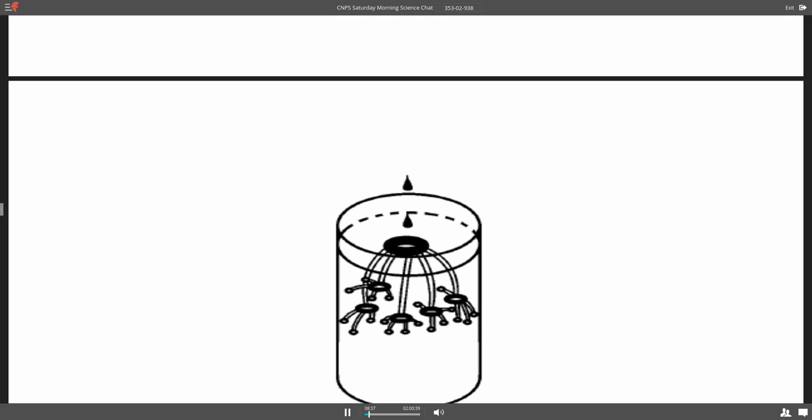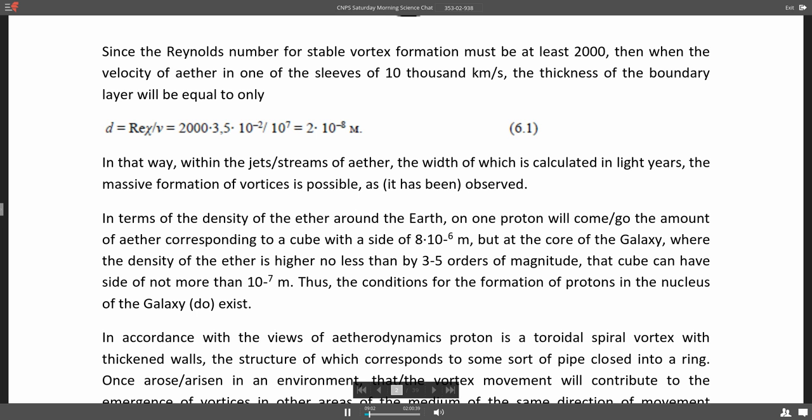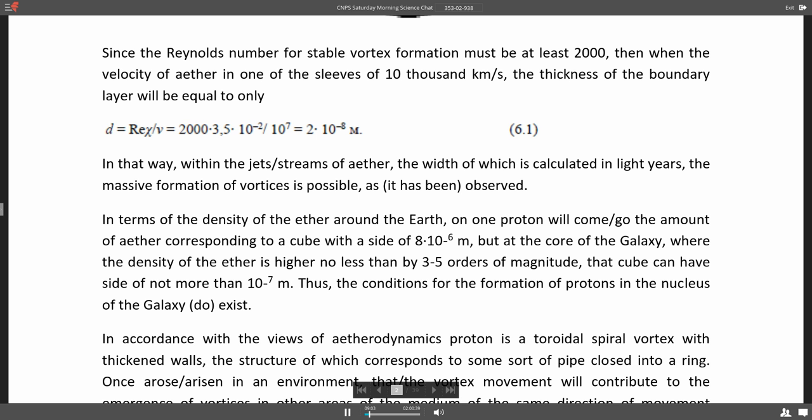Maybe the closest picture of it, or mechanism to be visualized, is the smoker's ring, the tobacco ring, the ring that smokers can produce by putting the air out of their lungs and so on. So here is just something qualitatively. So here I go now directly to the